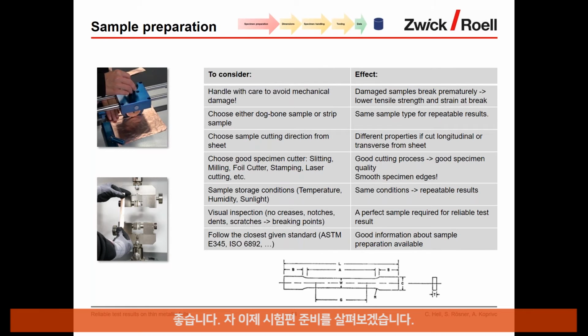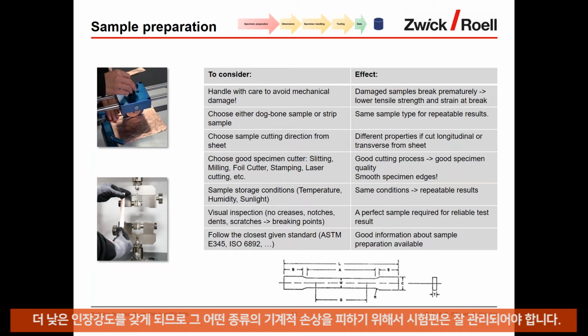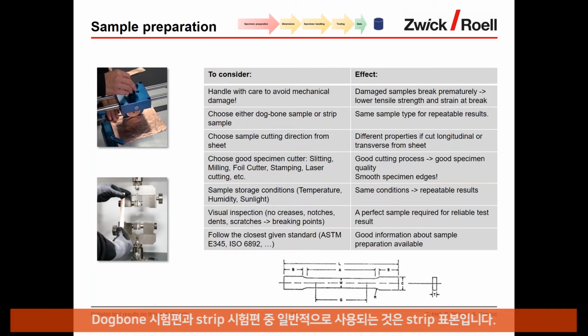Okay, looking at sample preparation. Sample preparation is critical. Generally, handle with care. Handle the specimen with care at any given time, mainly to avoid any kind of mechanical damage, because damaged samples break prematurely and give you lower tensile strength and strain at break, which then doesn't give you the real mechanical properties of the sample. Choose the right sample. It can be either a dog bone sample or a strip sample. Typically, most of the time it's a strip sample,